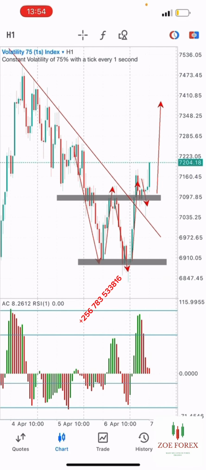So ladies and gentlemen, today I want to show you something using what we call market structures, price action, and these are chart patterns. So if you go through your chart pattern book, which I created and which I have been giving out to you guys, you realize there is something we call a W pattern. So ladies and gentlemen, a W pattern is when you tend to notice sort of a W shape